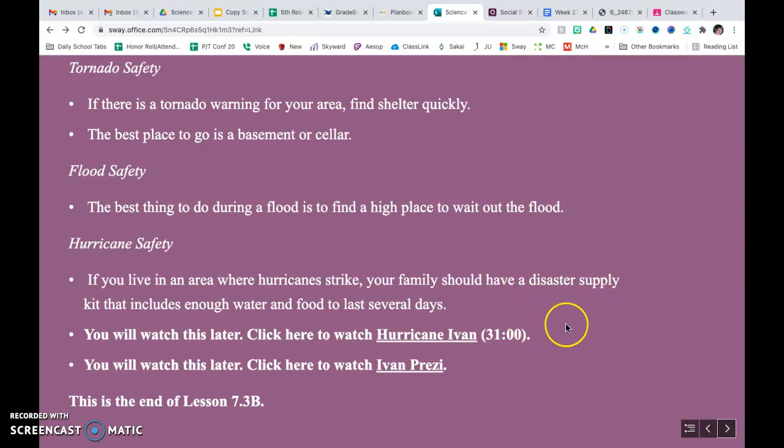So he gets to deal with all the emergency management of the hurricanes that come through down there. And Hurricane Ivan is one of the worst to actually ever come through. Here is a clip that you're going to go back and watch about Hurricane Ivan, and then a Prezi, it's kind of like a PowerPoint, and it's going to show you before and after pictures of Hurricane Ivan. But anyway,